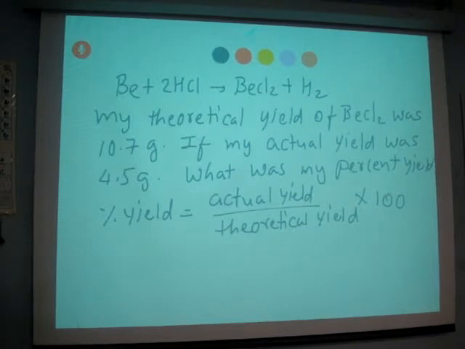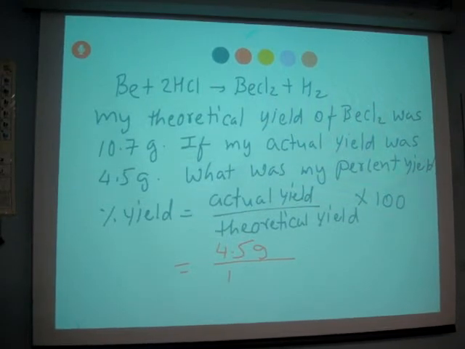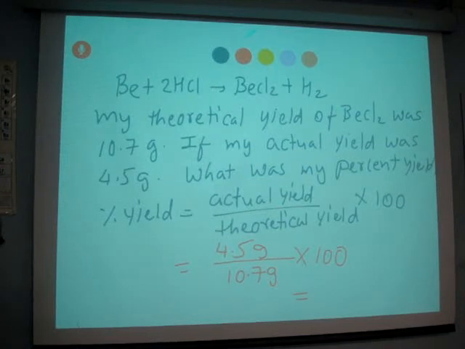So when you plug in the numbers, actual yield is given as 4.5 grams, theoretical yield is 10.7 grams, and times 100, you get a percent yield of 42.06. That's your percent yield. So you can calculate that. In here it's very straightforward, percent yield and actual yield are given. In some you need